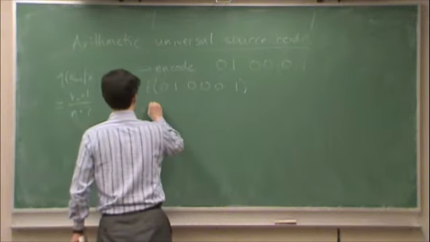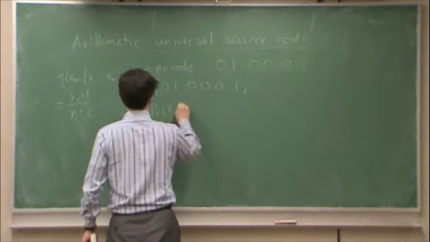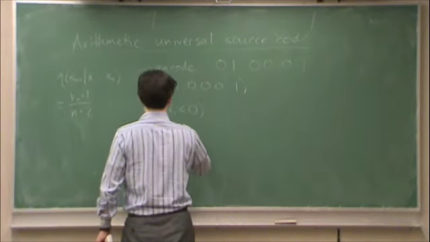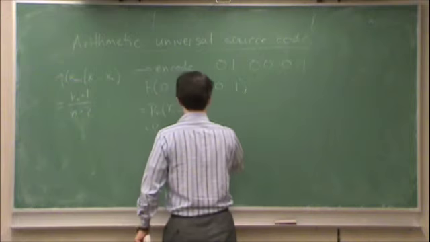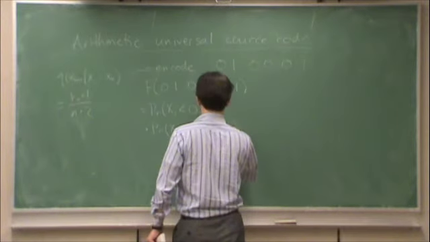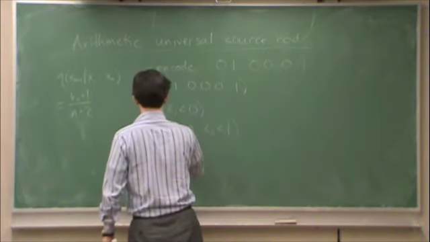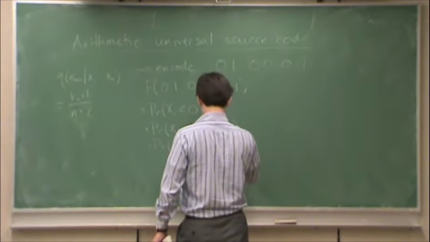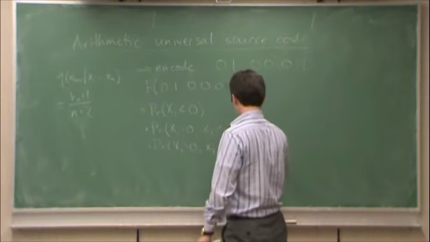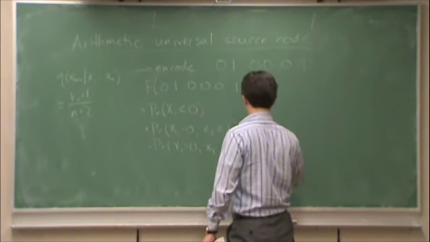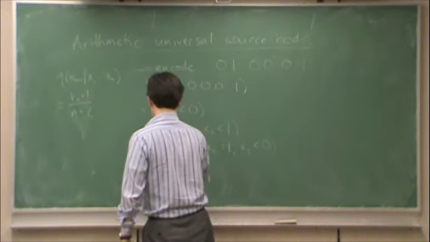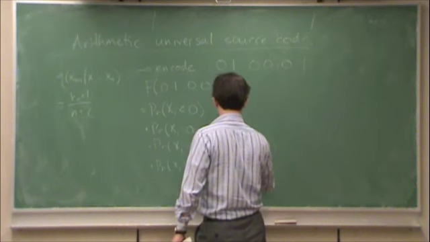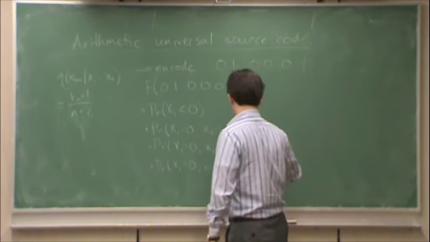That is equal to the probability that X1 is less than 0, plus the probability that X1 is equal to 0 and X2 is less than 1, plus the probability that X1 is equal to 0, X2 is equal to 1, and X3 is less than 0, plus the probability that X1 equals 0, X2 equals 1, X3 equals 0,